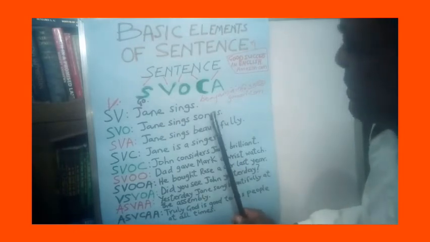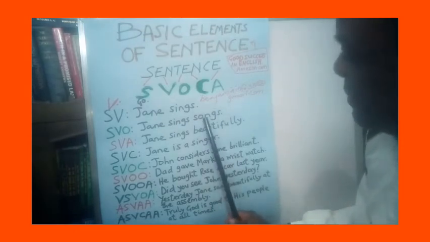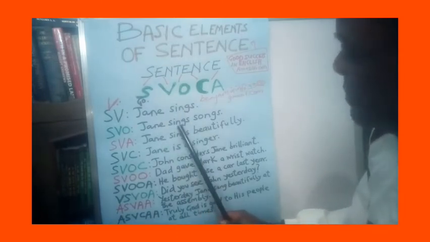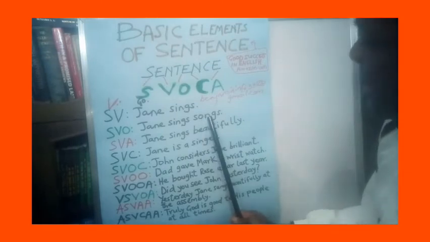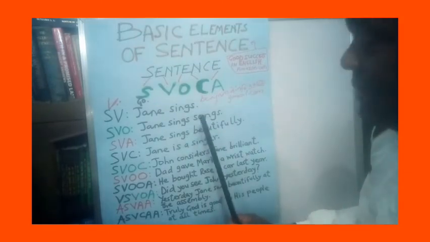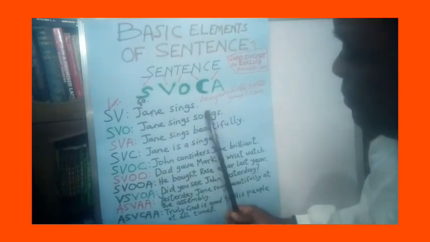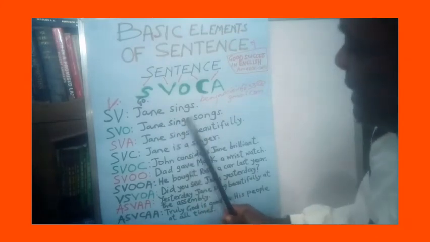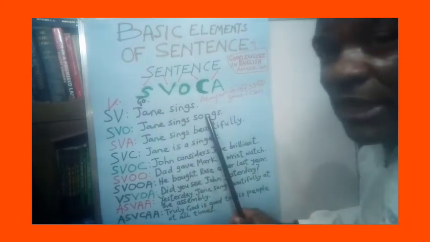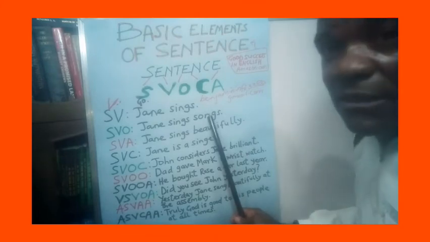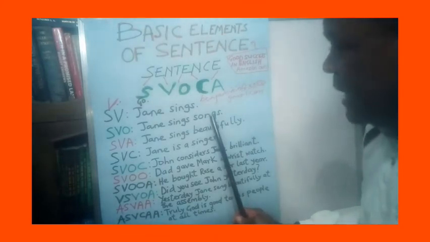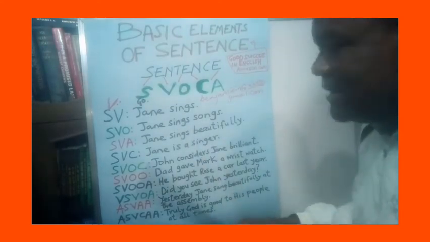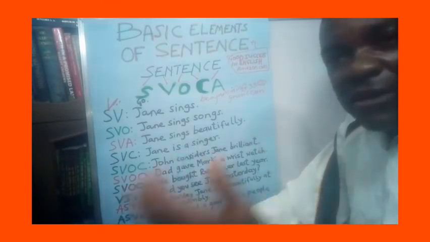The object is the receiver of the action. Jane is the subject, the doer of the action. The verb sings reports the action, and the action is received by the object. Now let's give another example to throw more light on this object as a receiver of action. If we say Jane killed a cat, of course you can appreciate the action being received by the object here, because the cat received the action of killing,